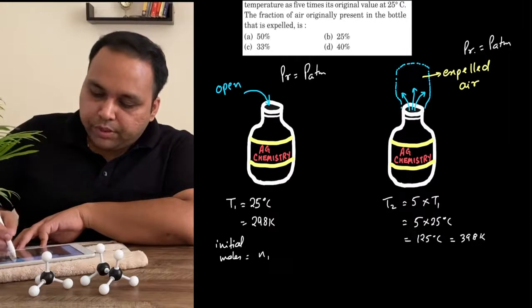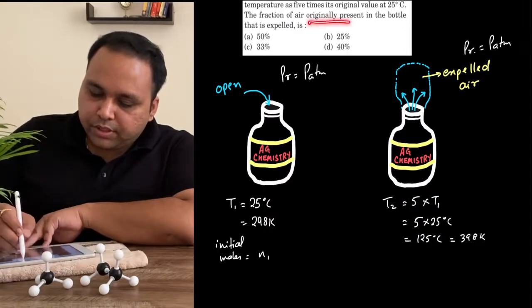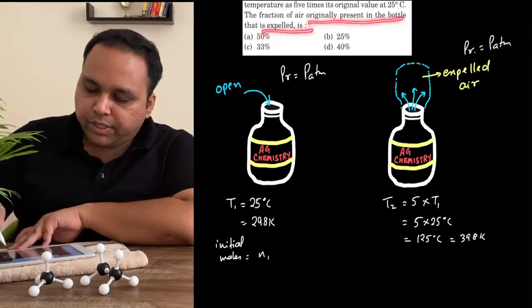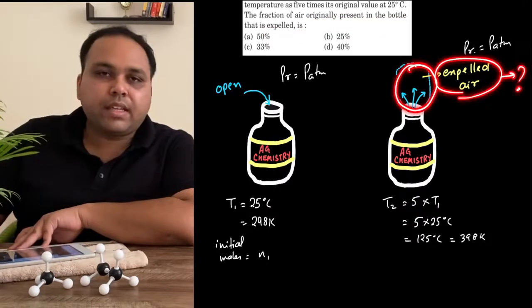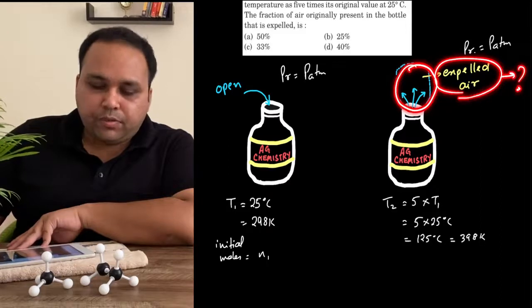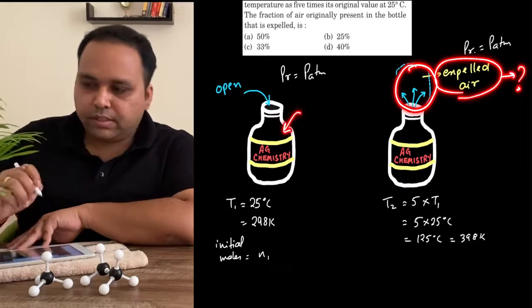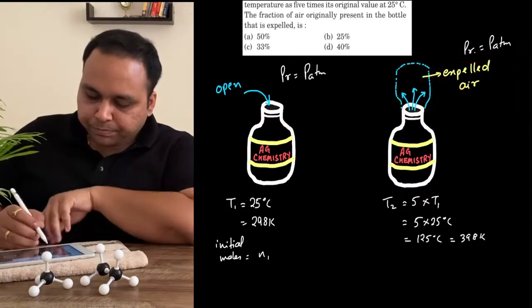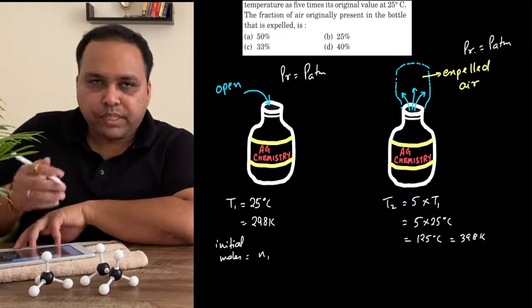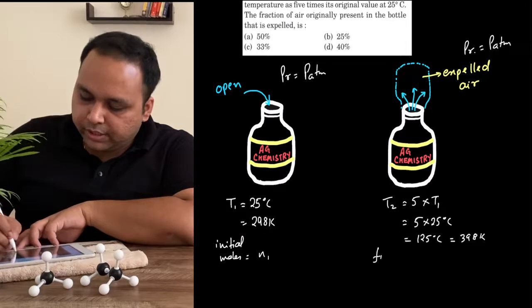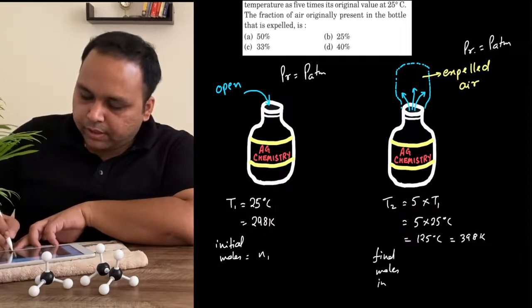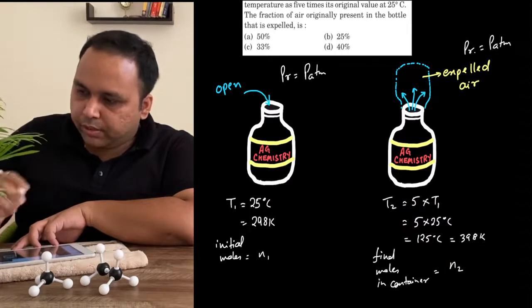Now what we need to do is find the fraction of air originally present in the bottle that is expelled. This is to be found out: how much gas was expelled from the initial condition. So if we take the initial moles as N1, and the final moles in the container as N2,